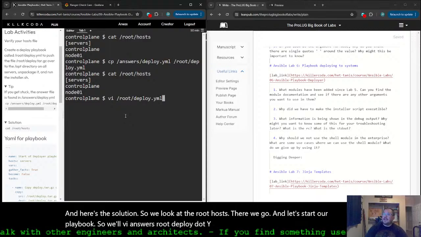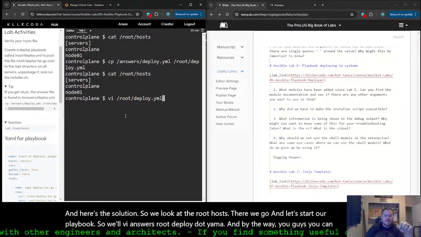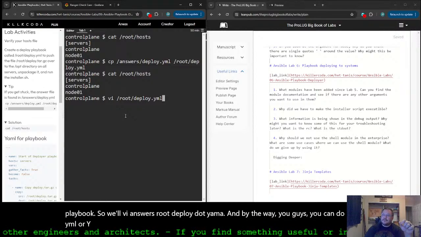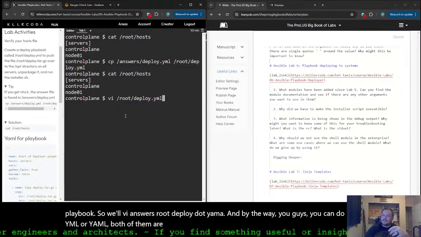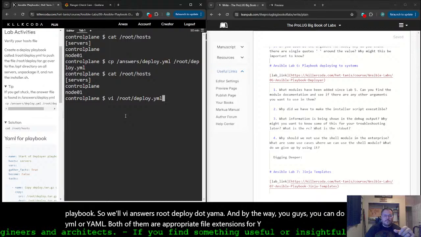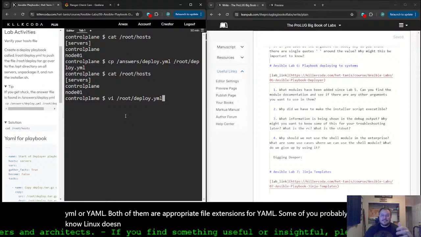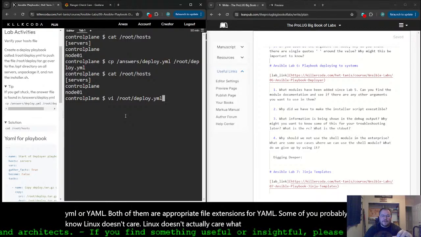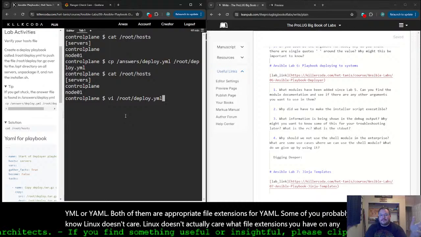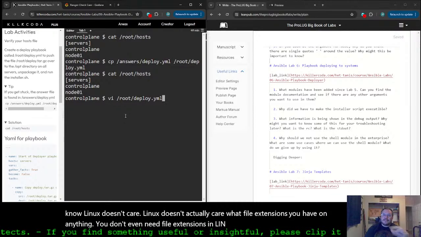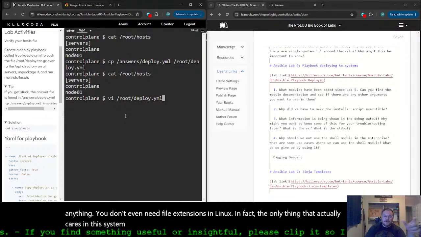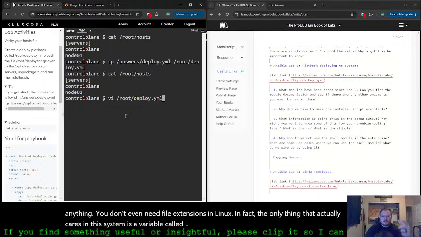deploy.yaml. And by the way, you guys, you can do YML or YAML. Both of them are appropriate file extensions for YAML. Some of you probably know Linux doesn't care. Linux doesn't actually care what file extensions you have on anything. You don't even need file extensions in Linux. In fact, the only thing that actually cares in this system is a variable called LS_COLORS, which tries to color